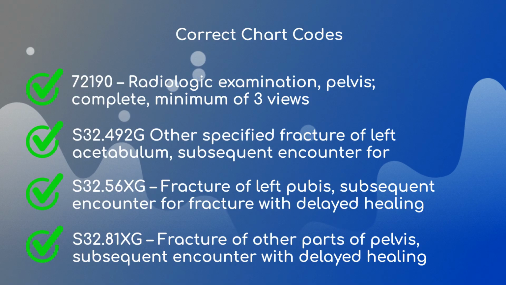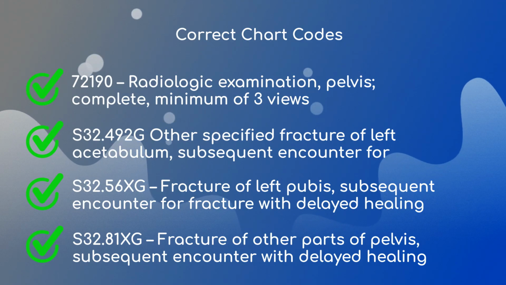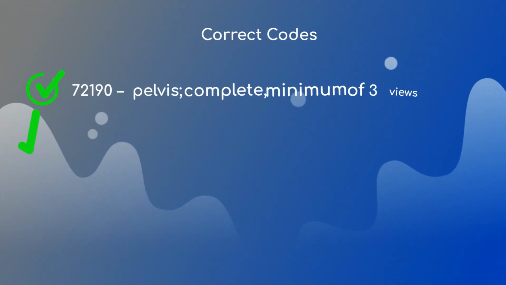Since this is a follow-up imaging encounter for fractures that show no interval healing, we must code them as subsequent encounters with delayed healing using the appropriate 7th character G. The correct codes for this report are